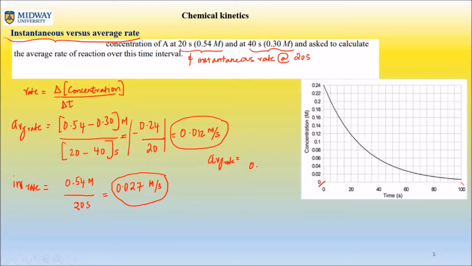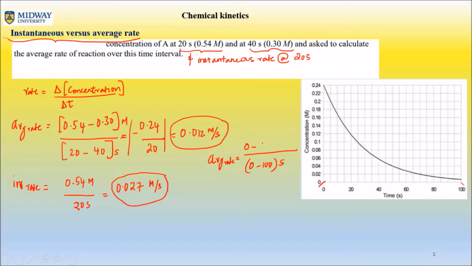So 0 minus 100 seconds. This is for the entire reaction. I didn't say from a particular time to a particular time. It's 0 to 100. And then the concentration, obviously, at 0 is 0 molar minus whatever the final concentration is at 100 seconds, which is,